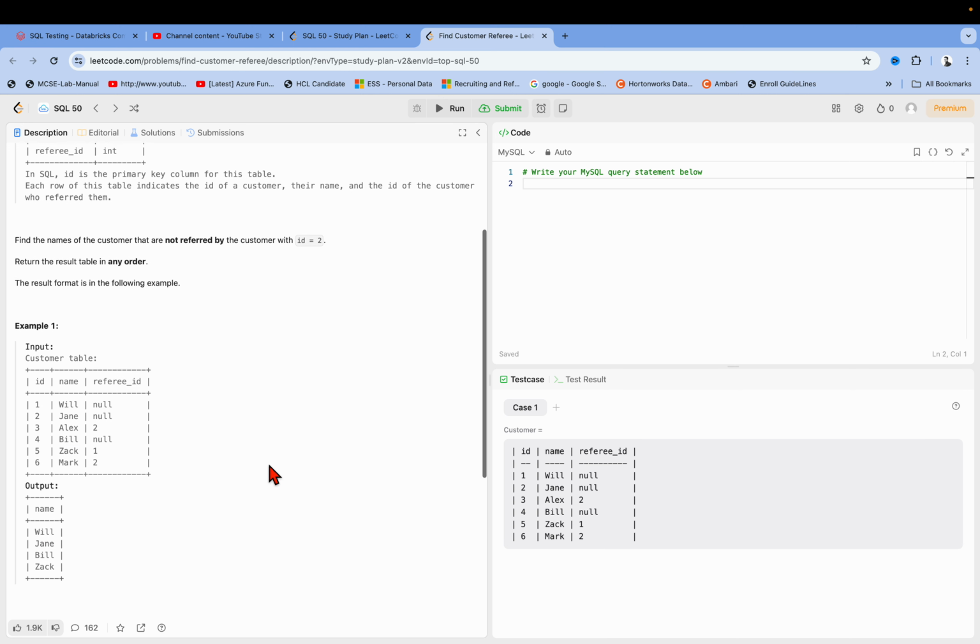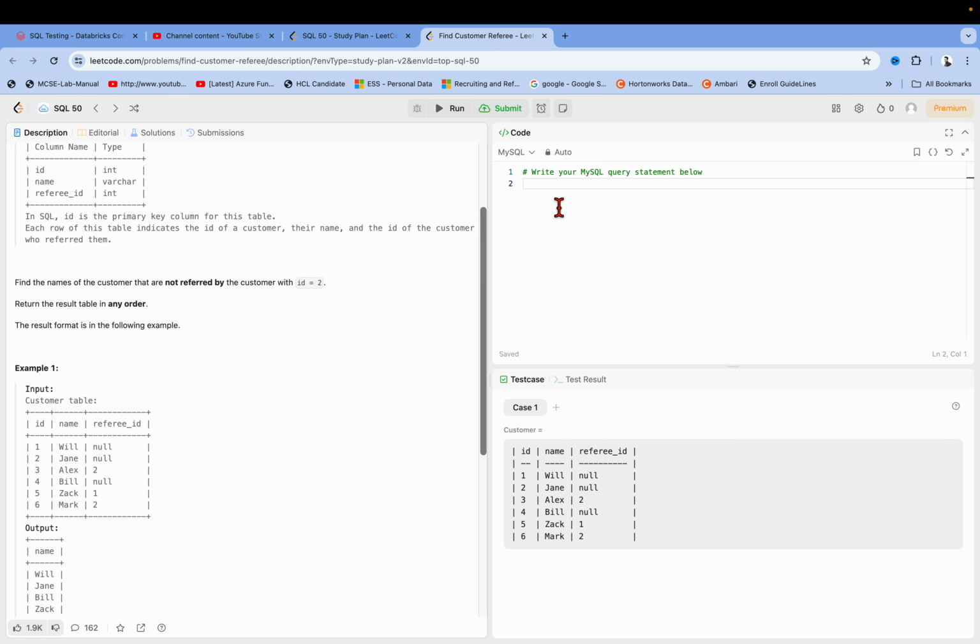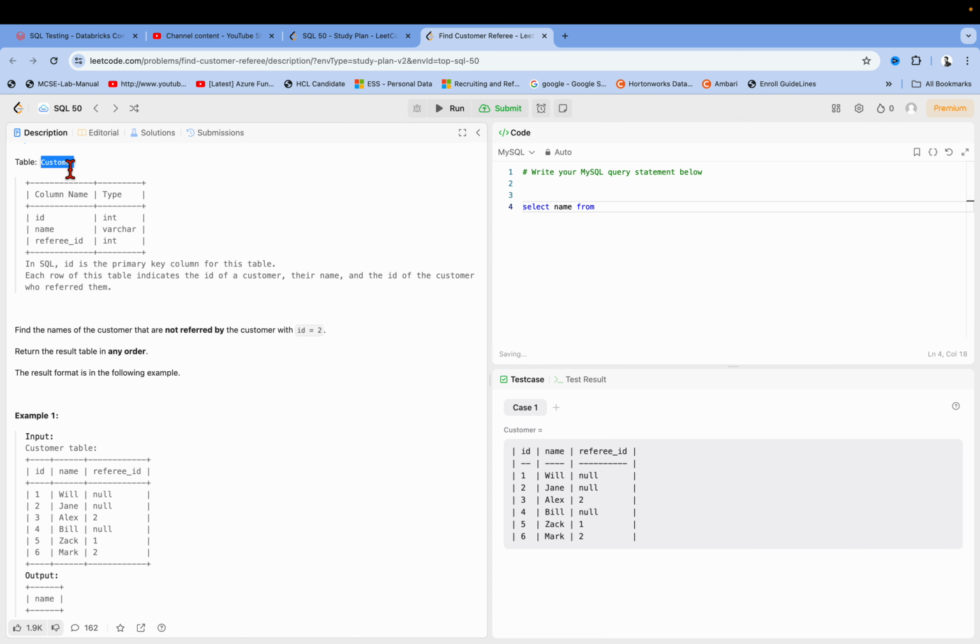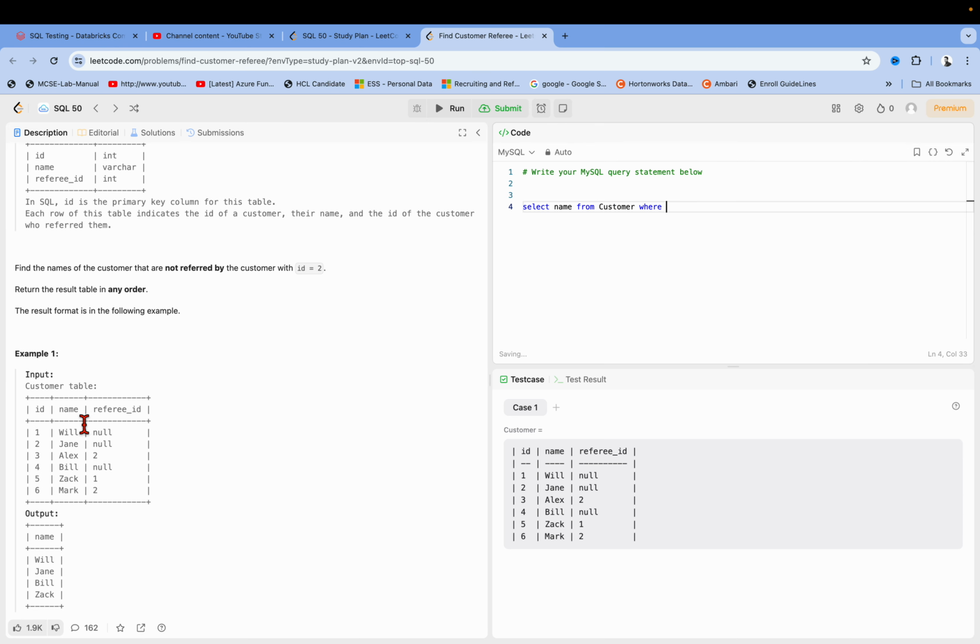So let me write a query for that. Select, we need to find the name, select name from, what is the table name? Table name is customer, and where name is not equal to 2. Okay, so let me try like this, where name